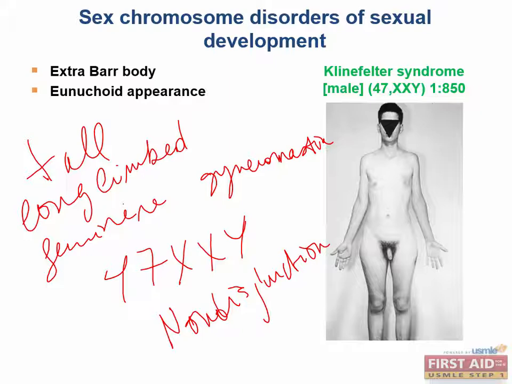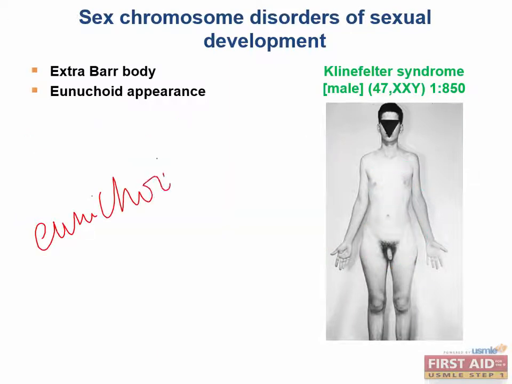You can see some of the feminine features here on the image, as you can see some gynecomastia, the hips over here with the female phenotype. So Klinefelter patients are classically described as having a eunuchoid body shape. So this is a word you want to also be looking for, as they have both male and female sexual characteristics. One of the major sequelae is that they have testicular atrophy, which leads to dysgenesis or defective development of